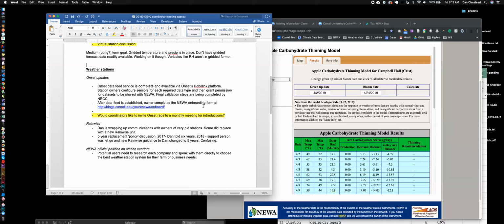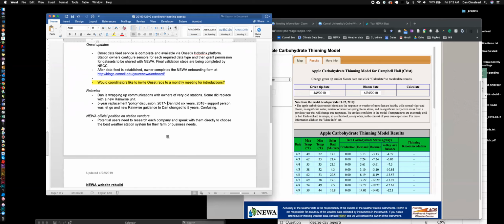I'll admit that I have my own preferences, but from a public standpoint, I want to avoid conveying a bias, because I think there are important pros and cons in terms of price point, in terms of station replacement and things like that. I guess I'll just leave it there. But I'm glad we have two weather station options at this point.